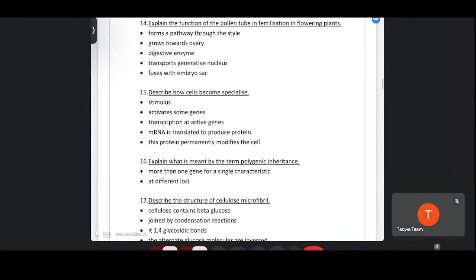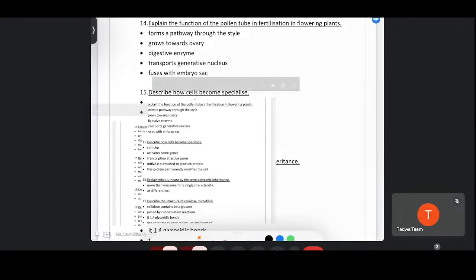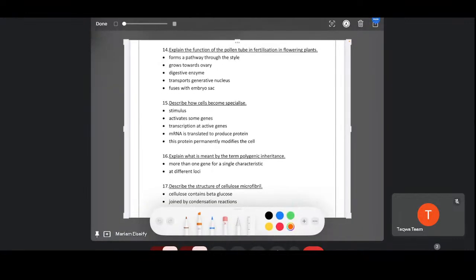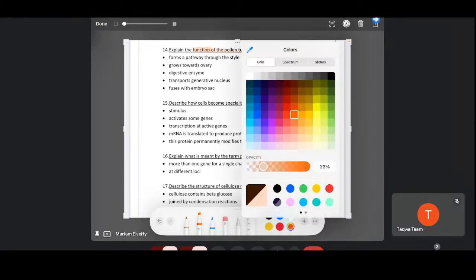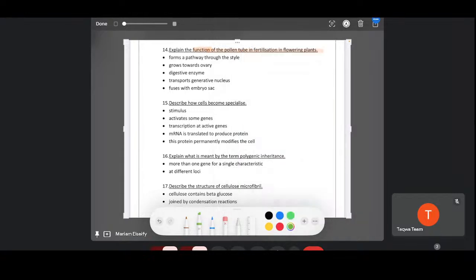Let's go into question number 14. Question number 13 also talks about flowering plants and pollen tubes. So you need to know the function of the pollen tube in fertilization in flowering plants. Let's choose a green color because we're talking about plants. How are they important in fertilization? Basically, it forms a pathway through the style, grows towards the ovary, digestive enzymes, transport generative nucleus, and then fuses